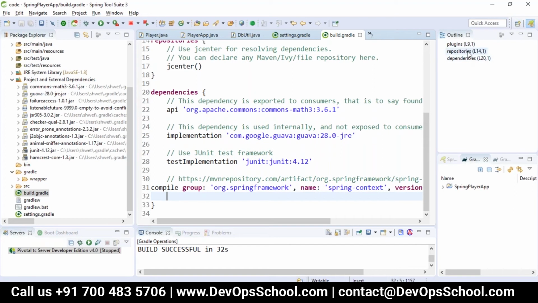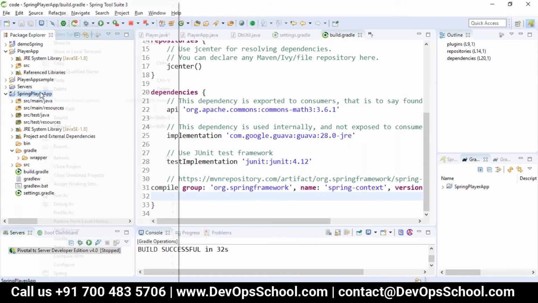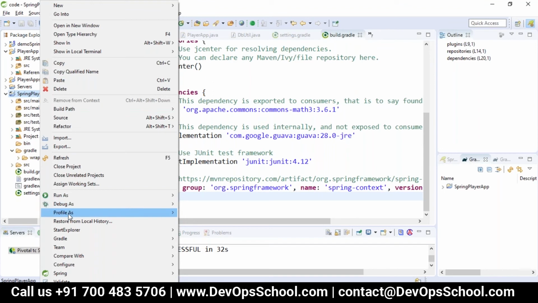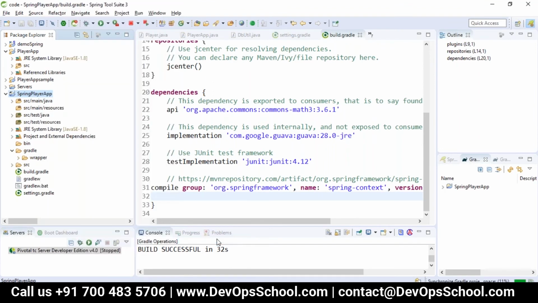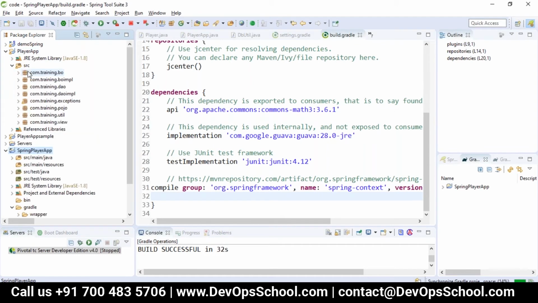Okay, I guess Gradle is still downloading the dependencies. I'm just refreshing, so let it reload the dependencies.